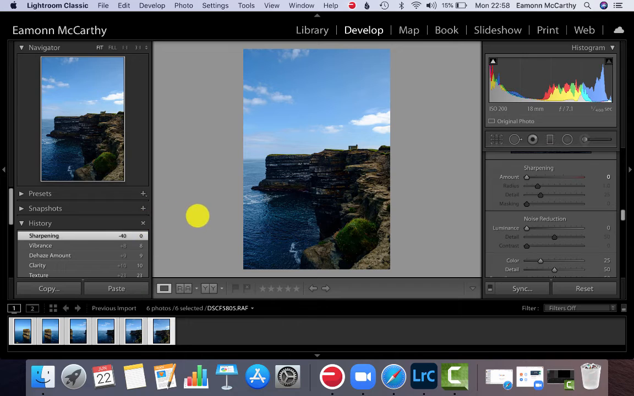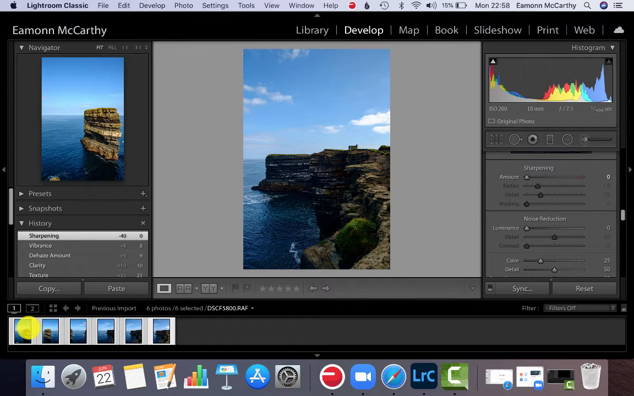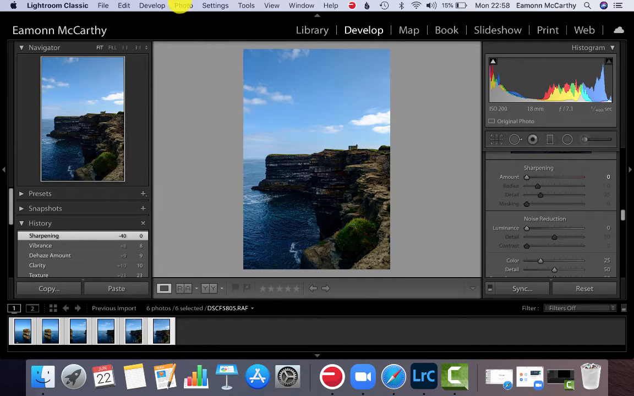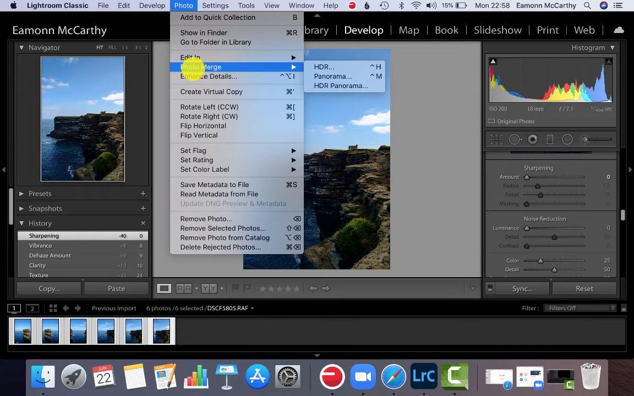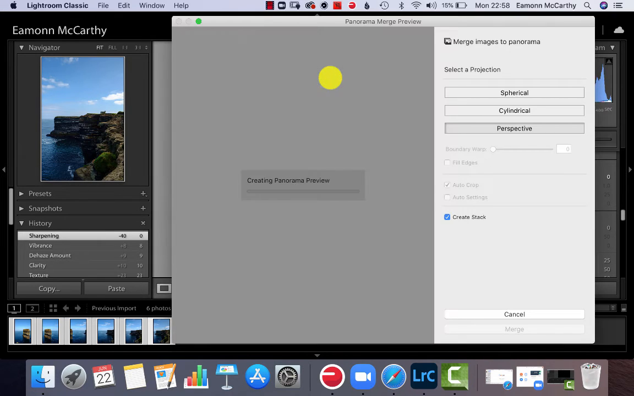So the next thing we do now is keep them all selected and go up to the word photo and down to photo merge. And the photo merge we want to do is a panorama. So click on panorama. And mine is picking perspective, which I think is the correct one to pick, and auto crop. And I'm going to leave it at that, and that'll take a few minutes